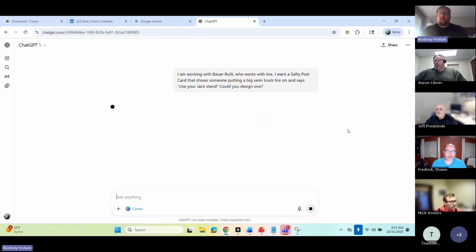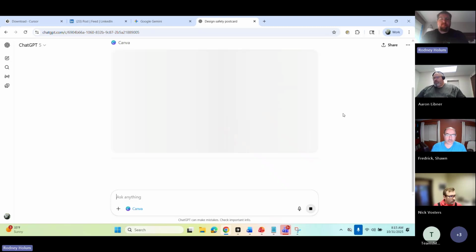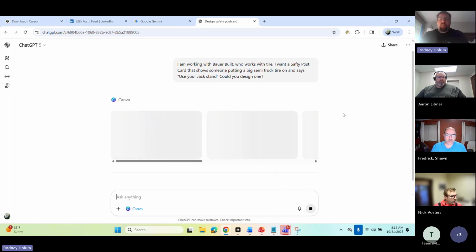And this will actually connect right into Canva, design it, and get it so I could print postcards right out of Canva. So in a matter of like 3 seconds, I get it designed and ready to go. Or if you're going on a trip, it'll go to booking.com and start using booking for you.